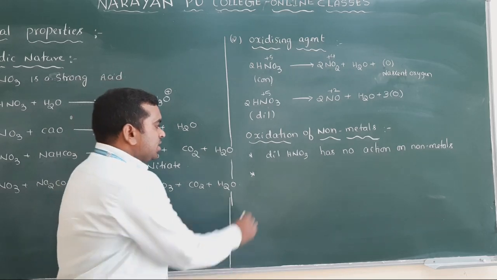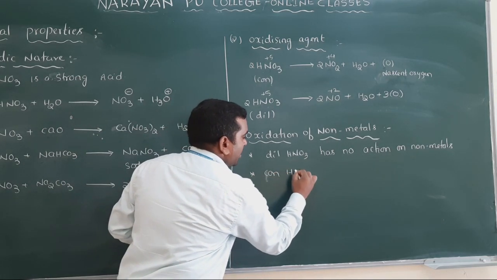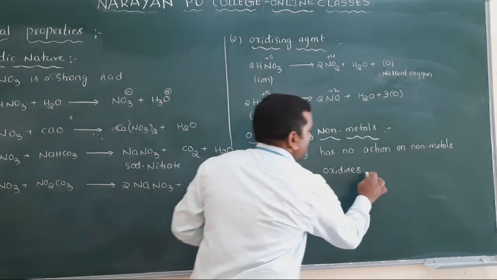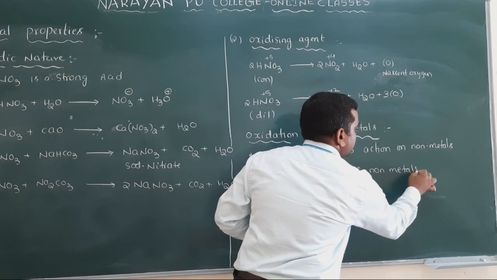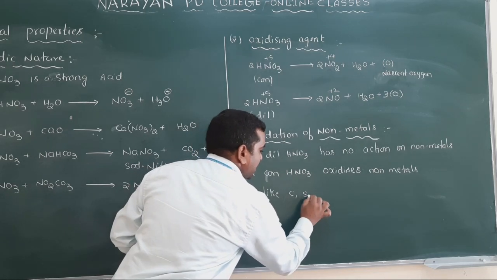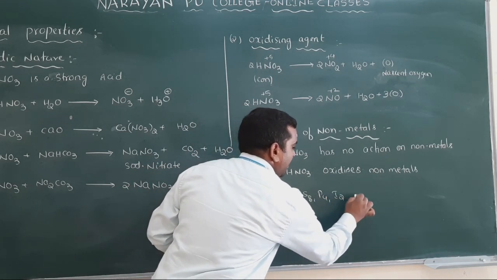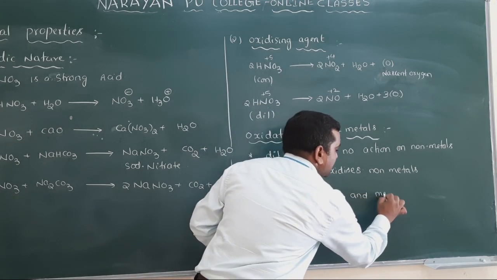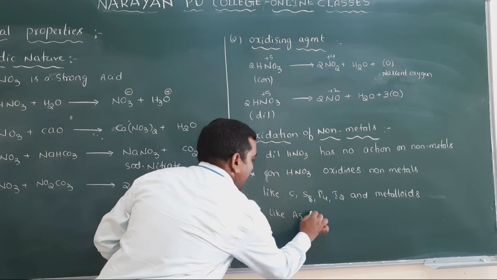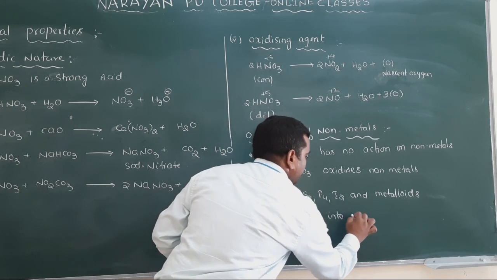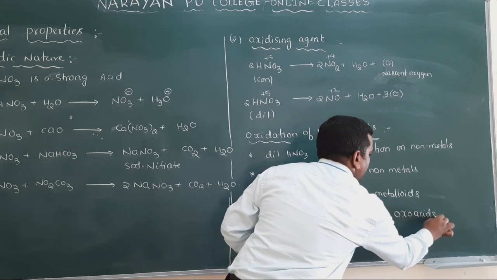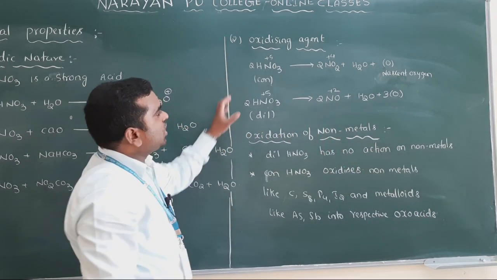This is a very important point. So concentrated HNO3 oxidizes non-metals like carbon, sulfur, phosphorus and iodine, and metalloids like arsenic, antimony into respective oxo acids, while HNO3 is reduced to